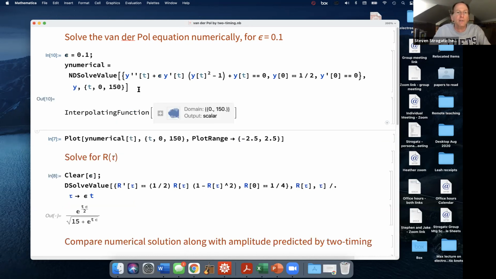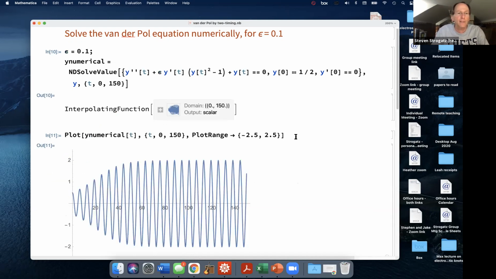So if I solve it numerically, Mathematica generates what it calls an interpolating function. I can graph it. And you see that I've got these relatively fast oscillations on a time scale of, it takes 2 pi for the period, right? Because it's cosine of t, has a period of 2 pi. So in 20 time units, it's going to have about 3 oscillations, which it does. So it's doing its fast oscillations, but notice its amplitude is gradually building up and saturating at 2, as predicted. Okay, so that's how it behaves.